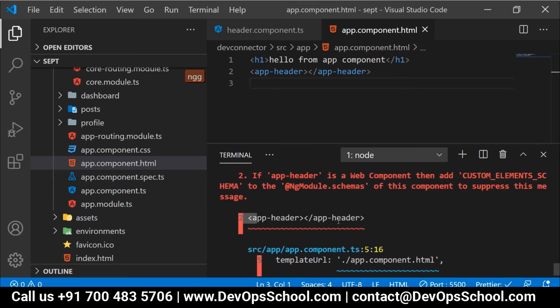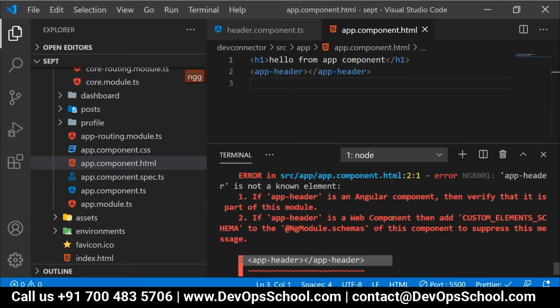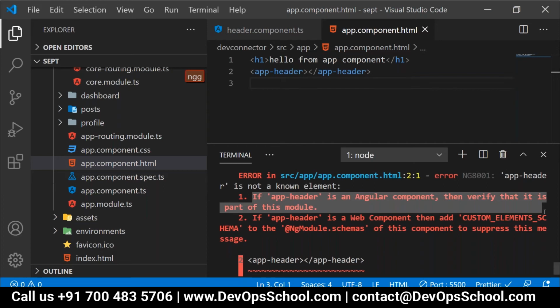Reproduce this. Is it able to understand this app-header? No. It's not able to understand. It's asking two questions to you, correct? If app-header is an Angular component, then verify that it is a part of this module.